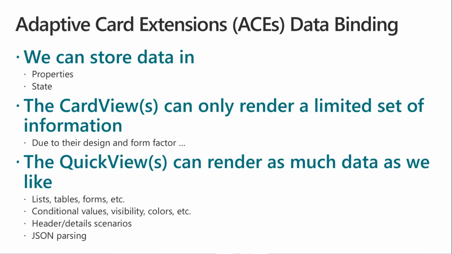We can format content and data with a lot of options based on the schema of the adaptive card syntax. So for example, we can create lists, tables, we can create interactive forms, as you saw in the previous demo from Derek. You can do conditional formatting, or you can, for example, change colors, visibility, and stuff like that about the fields and properties that you show. You can play with headers and details, and you can show and hide content, and you can even do JSON